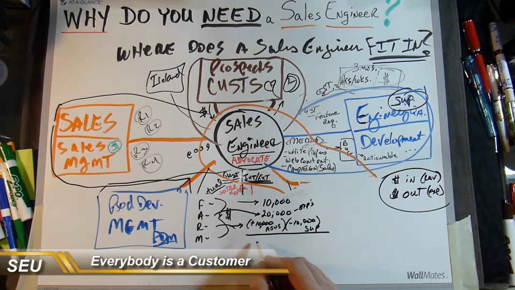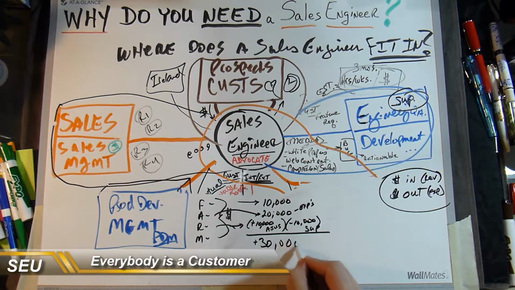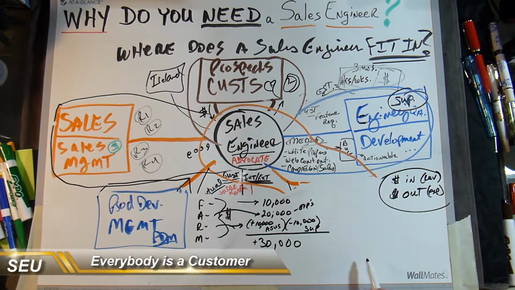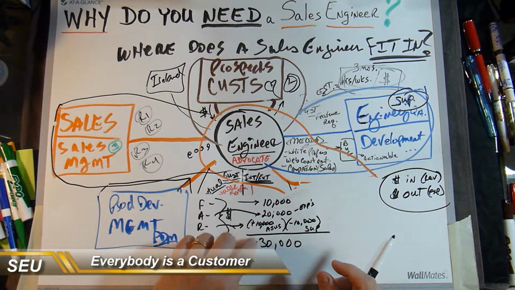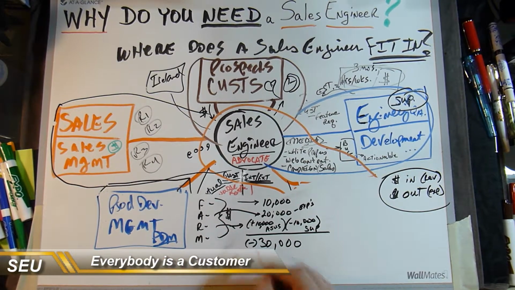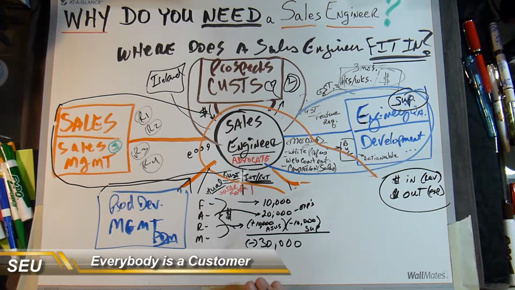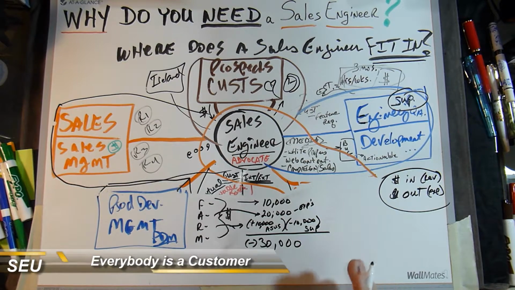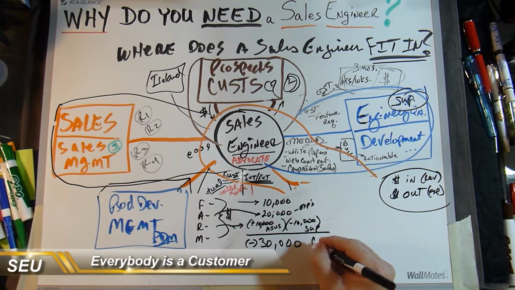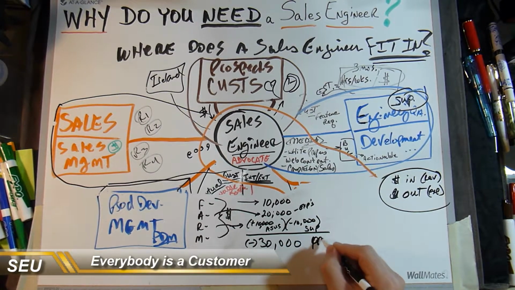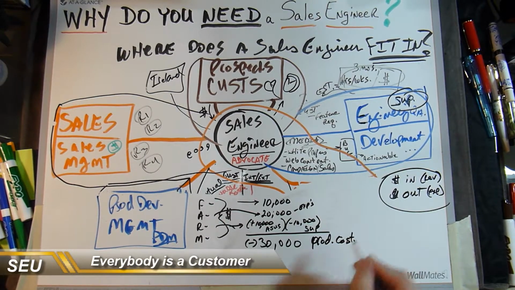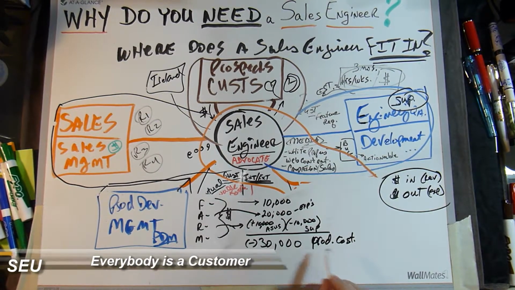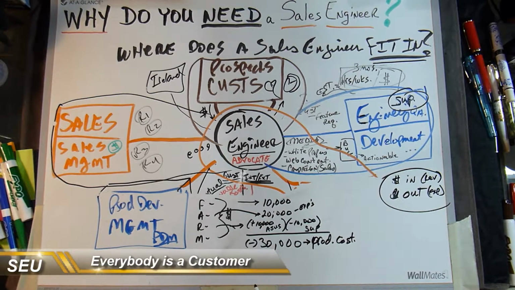Now, so far we have $30,000. This is what it cost us. Well, I guess I should put a negative here. This is what it cost us to create this particular product and get it into one customer's environment. It cost me $30,000. We need to know how we're going to divide this up. Well, some of the things that go into this are, let's just call it product cost for now. Let's not use too many weird terms that we haven't introduced. So it costs me this much to make.